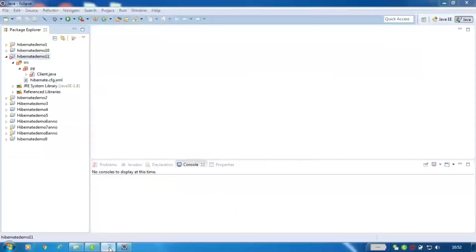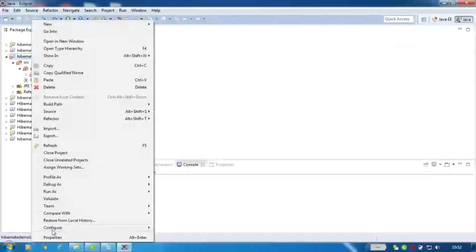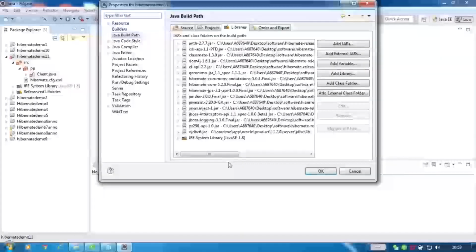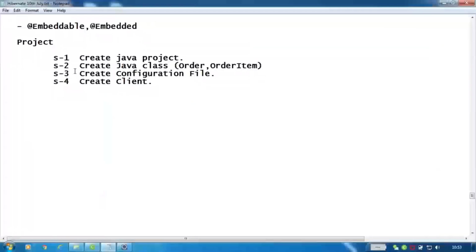First we have created this project. We have added the jars because I've just copied this project, so all the things are already there. Right click, properties, Java build path, the jars are already there. Now here, I have to create two classes, order and order item. So we'll create two classes. Right click, new